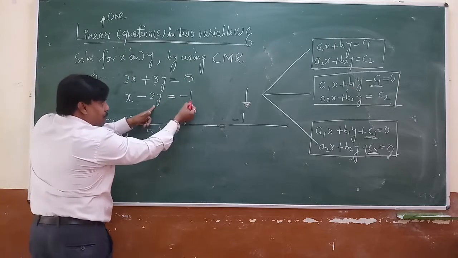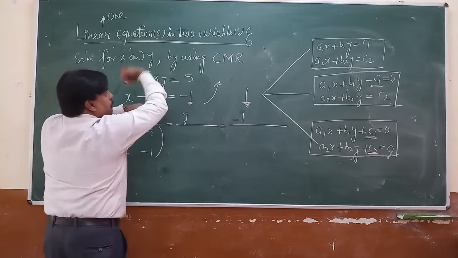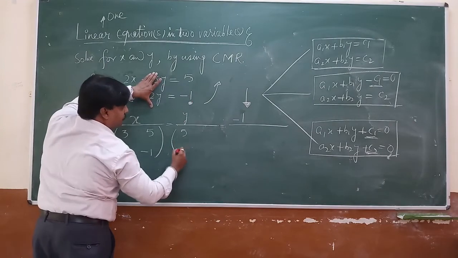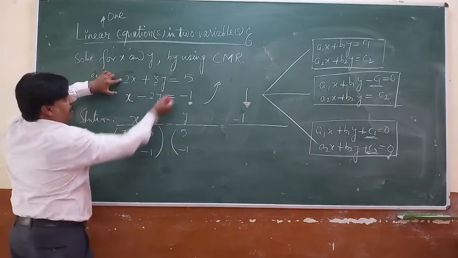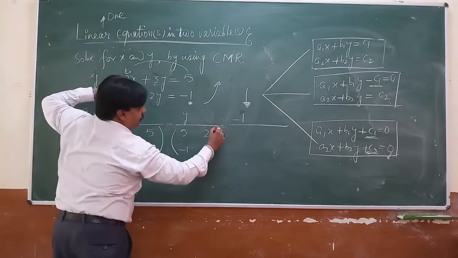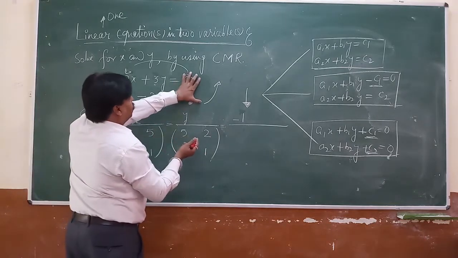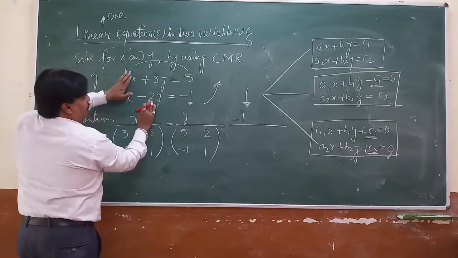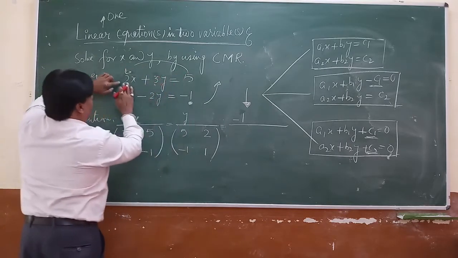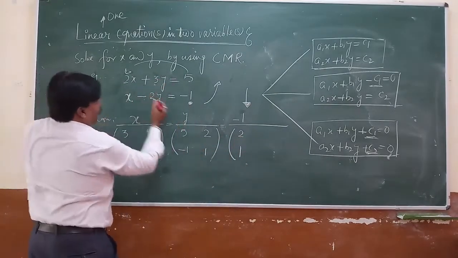For y, we will start from here. Remember, we will move in a cyclic order, in a particular order. For y, we will take this one first, 5 minus 1. Then here we will come, here 2 and then 1. Here the coefficient of x is 1. And then for minus 1, meaning for this constant, see, for x we are taking these coefficients, for y this and this one. For this constant we will take this 2, 1 and 3, minus 2.